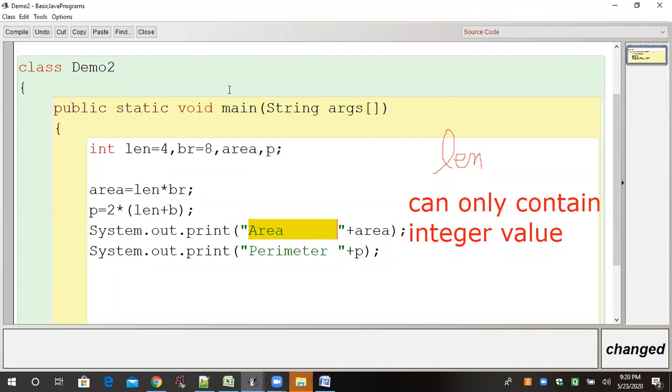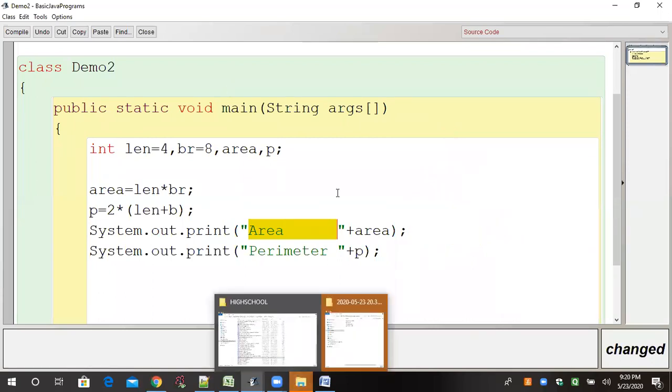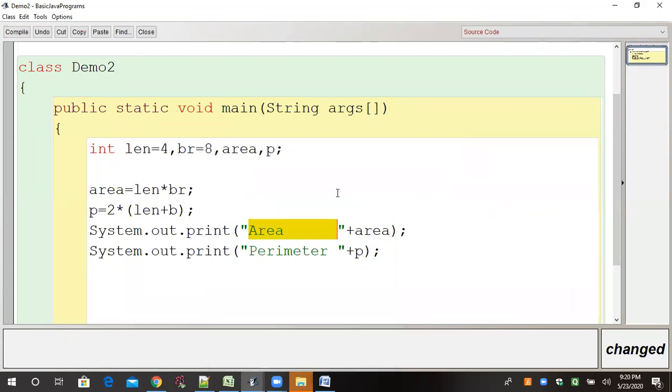One second, I will show you the dry run. I just want to do the dry run, then it will be clear to all of you. So what is the value of len? 4, len is 4. Great.